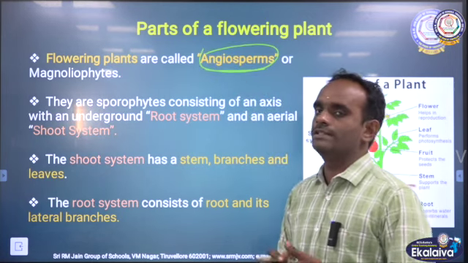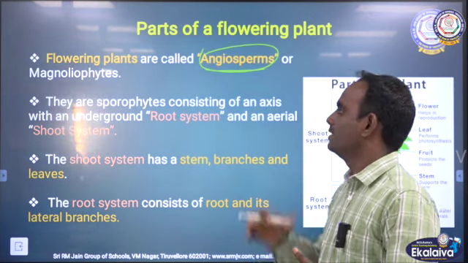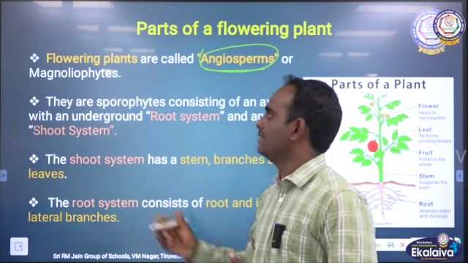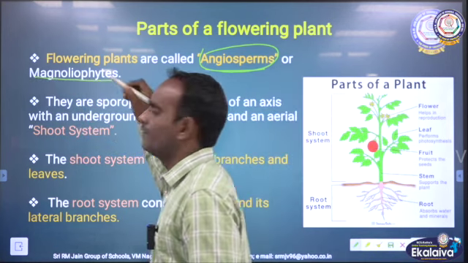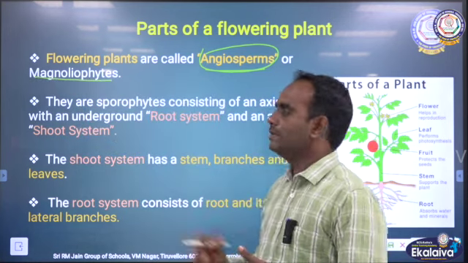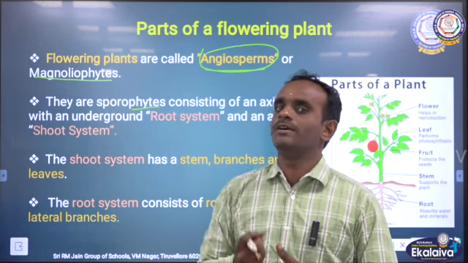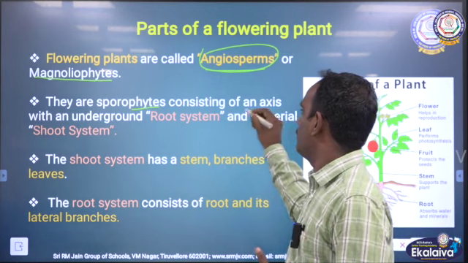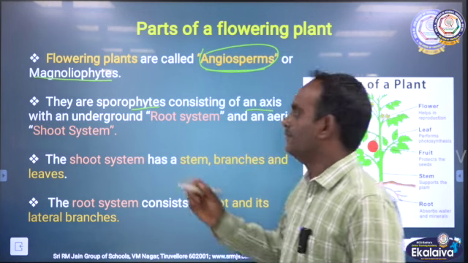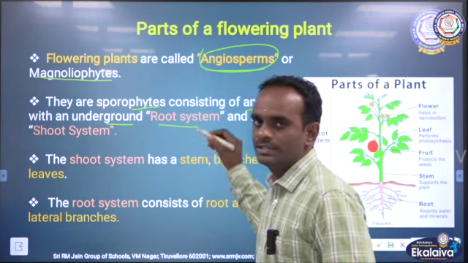All the flowering plants are called angiosperms. The other name for flowering plants is magnoliophytes. They are sporophytes. Sporophytes are nothing but spore producing organisms consisting of an axis with an underground root system